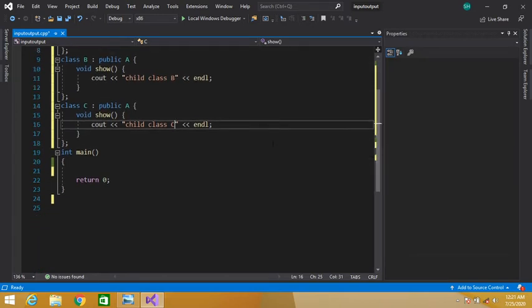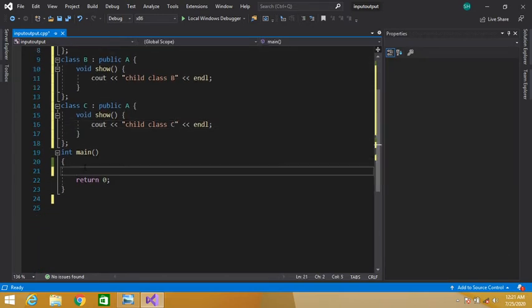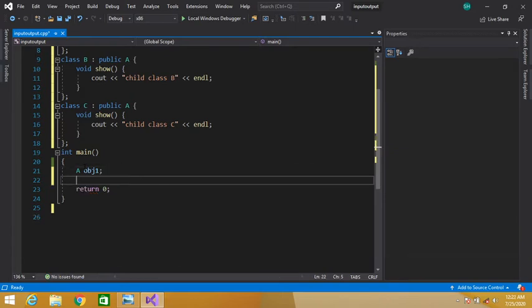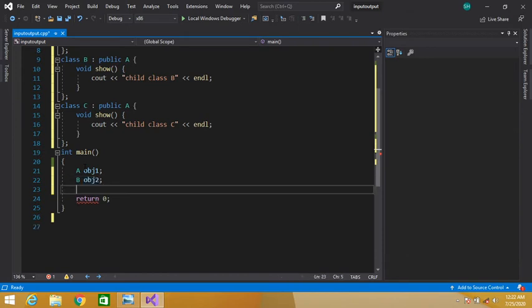Okay, now let's create the objects of these classes. Class A, let's say obj1, class B, let's say object is obj2, and our class C object obj3.